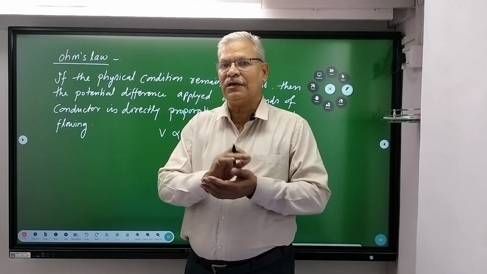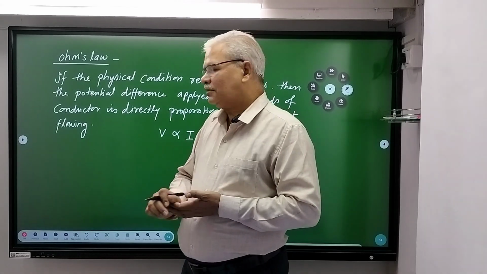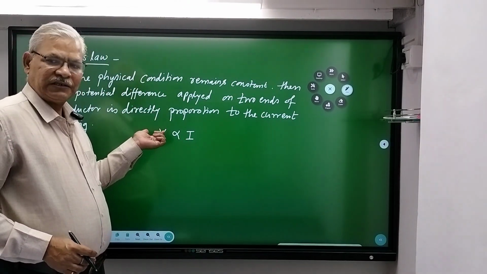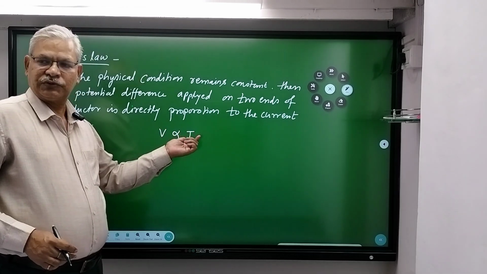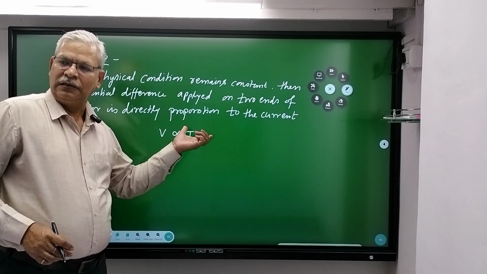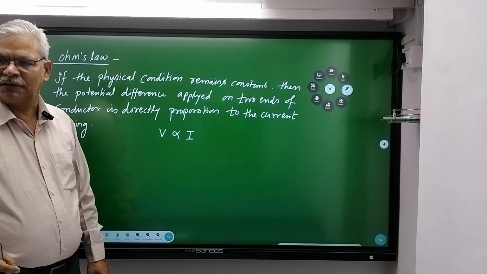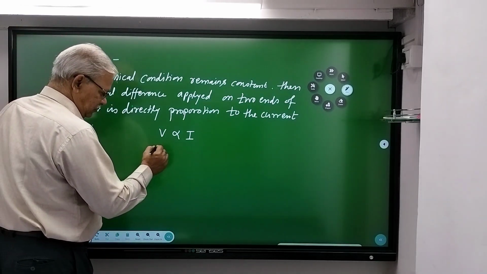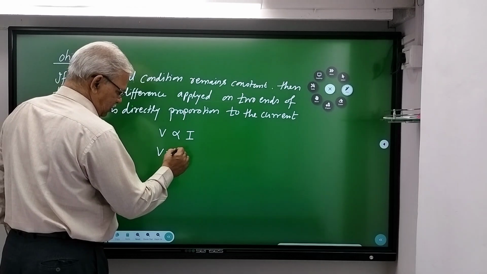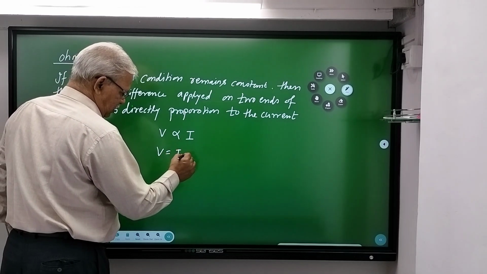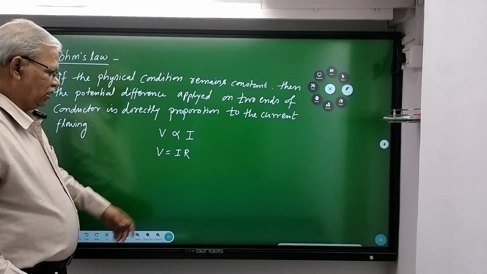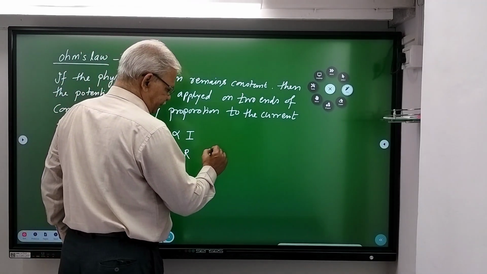If these physical conditions remain constant, then the potential difference applied is directly proportional to I, means if potential difference increases, the current will increase, and this is equal to, here it is R. V is equal to IR, where